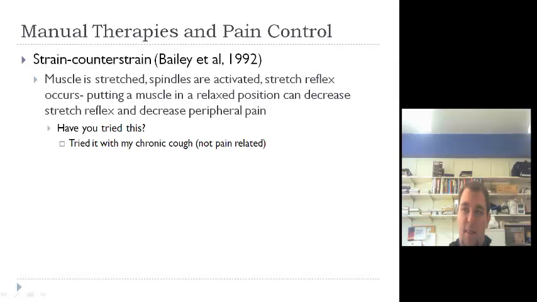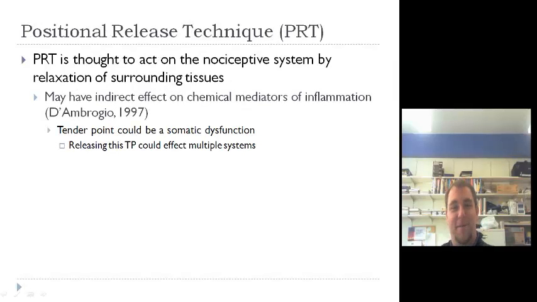Last night, I'm laying in bed, I can't stop coughing. So what do I do? I palpate my sternocleidomastoid and I put myself into a relaxed position, and I'm holding it 90 seconds in bed. My head's supported by the pillow, and you know what? I stopped coughing, I fell asleep, and I haven't coughed yet today. So I don't know what the hell I did, if I actually did something or if it's in my mind. But I'm not coughing. So that's my strain counterstrain thought.